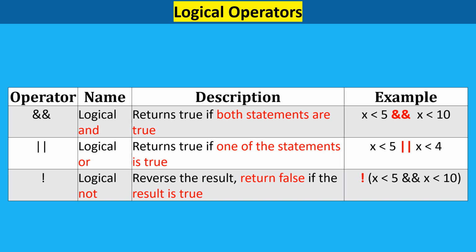Logical operators. As with the comparison operators, you can also test for true or false, one or zero values with the logical operators. Logical operators are used to determine the logic between variables or values. So these are logical AND, logical OR, and logical NOT. And examples are,